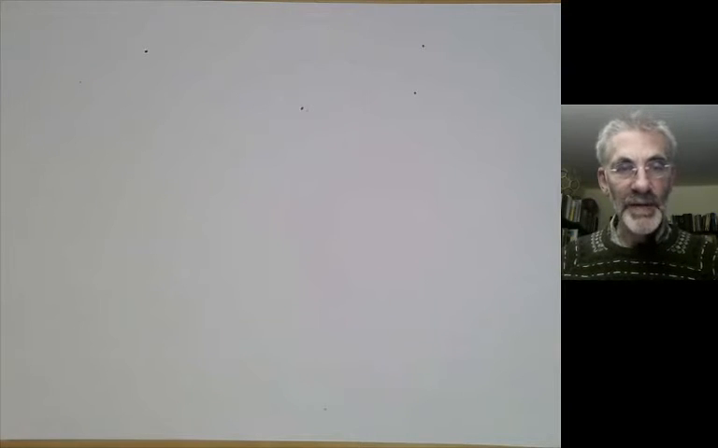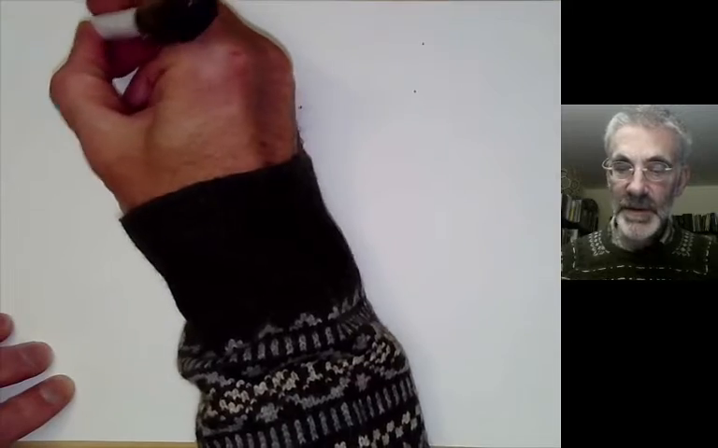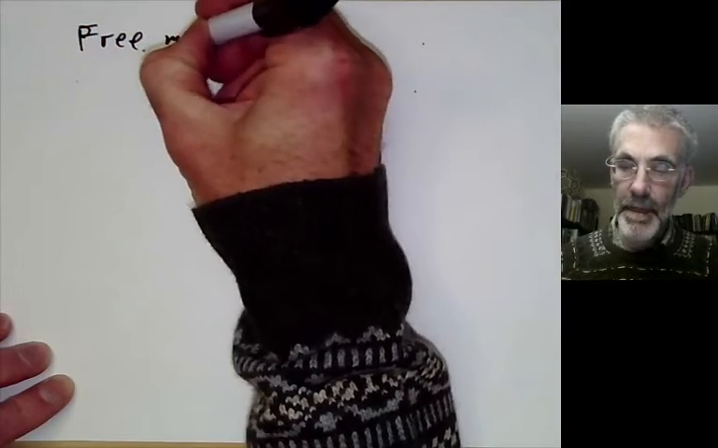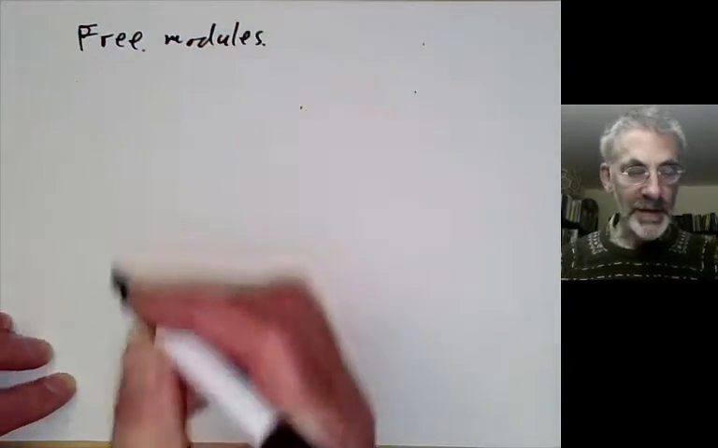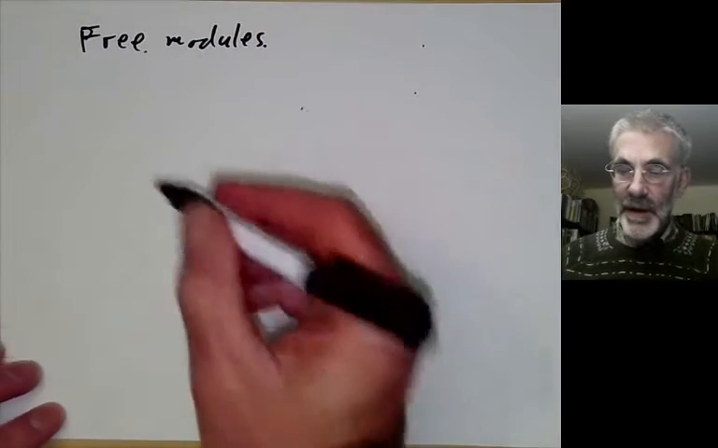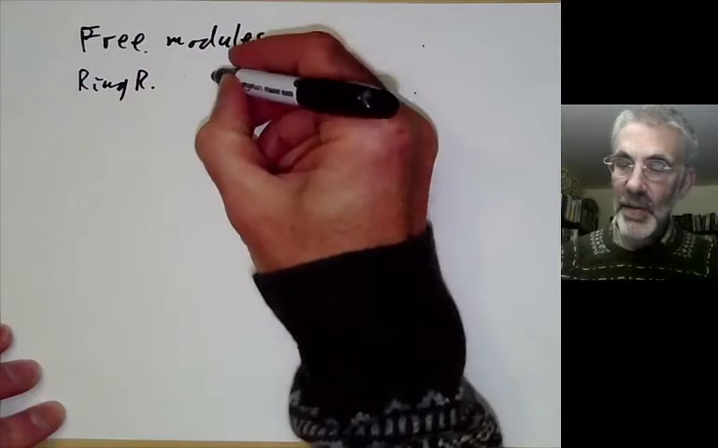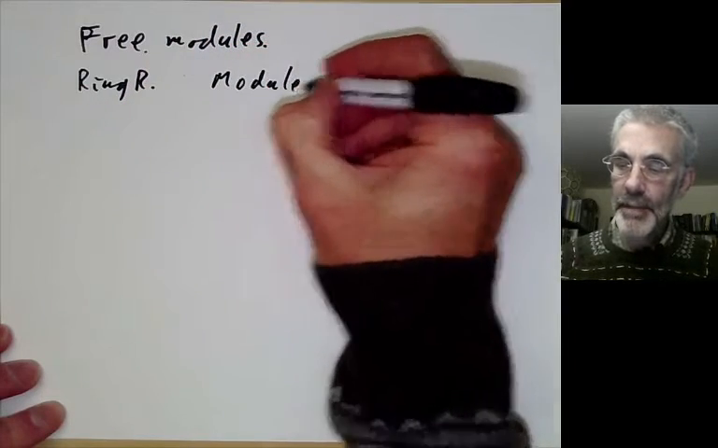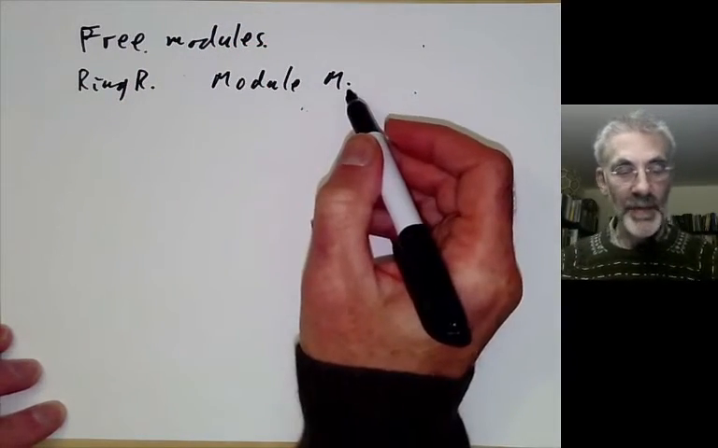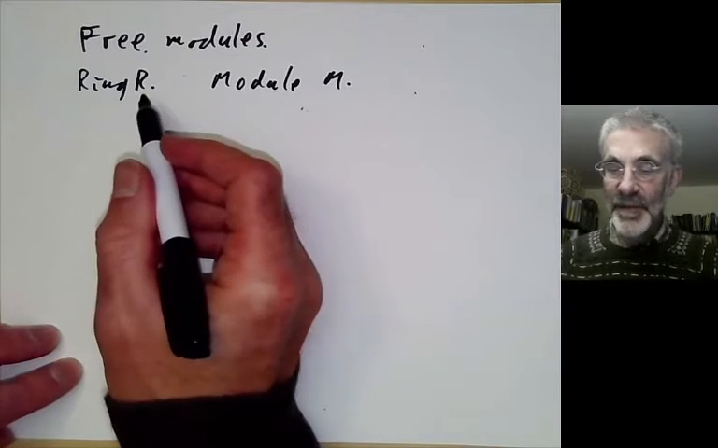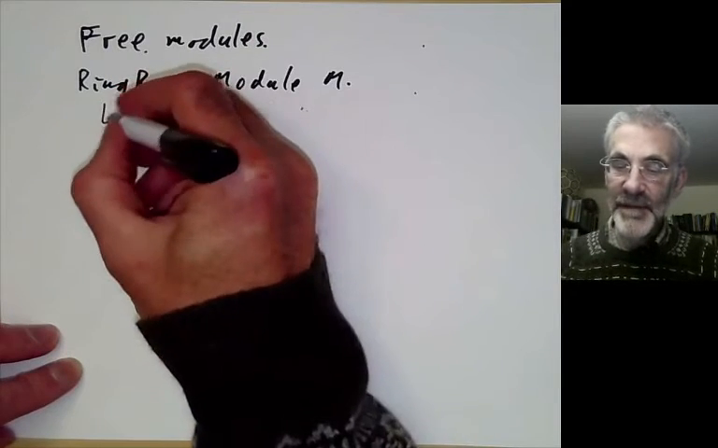This lecture is part of an online course on rings and modules and will be about free modules mostly. So just quickly recall what a module is. If we have a ring R, a module M is something acted on linearly by R. And there are several sorts of modules. We can have left modules